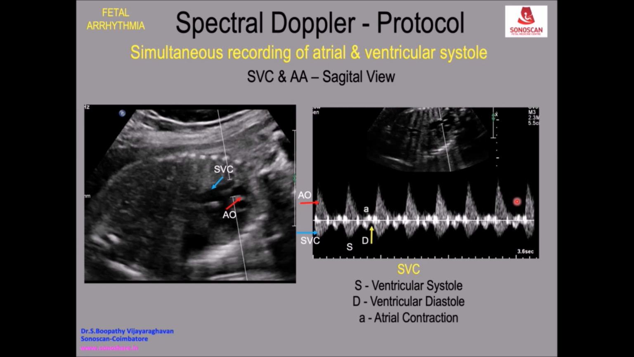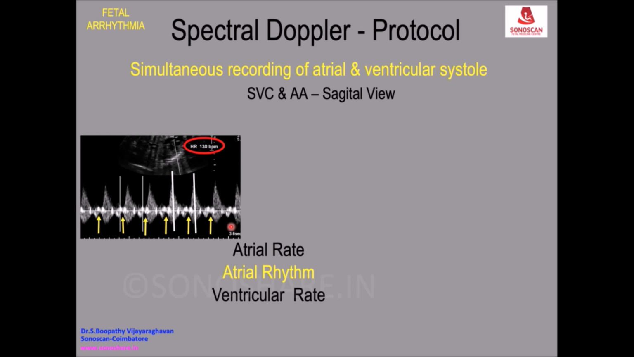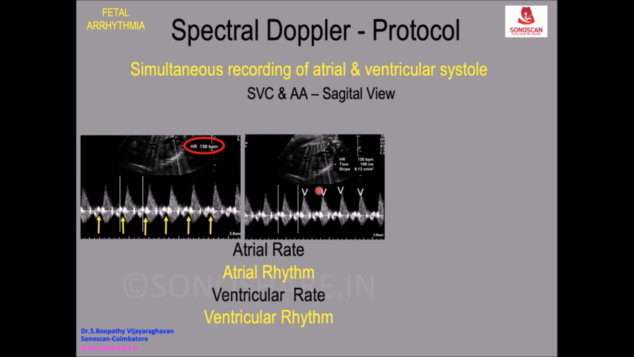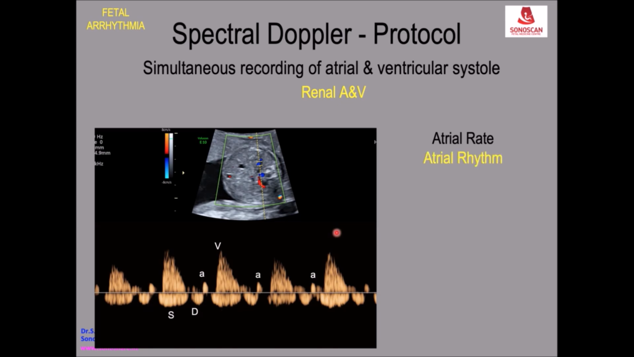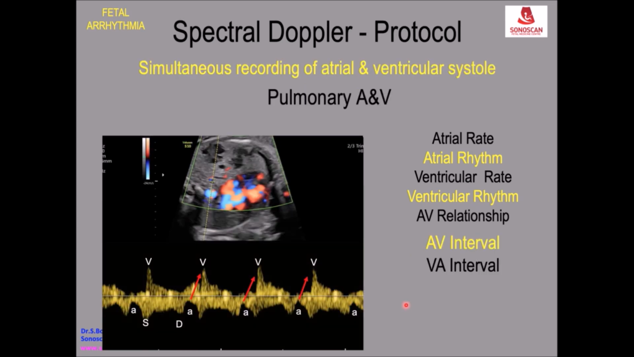So the A wave is seen as the atrial rhythm, and we can measure the ventricular rate and the ventricular rhythm, and then we can see the AV relationship. So all the AV-related parameters, the atrial rate, atrial rhythm, ventricular rhythm, the AV relationship, AV interval and the ventricular VA interval, can all be measured. So these are the 4 sites for studying simultaneously the atrial and